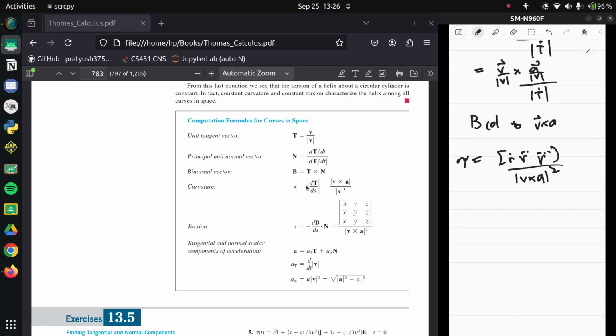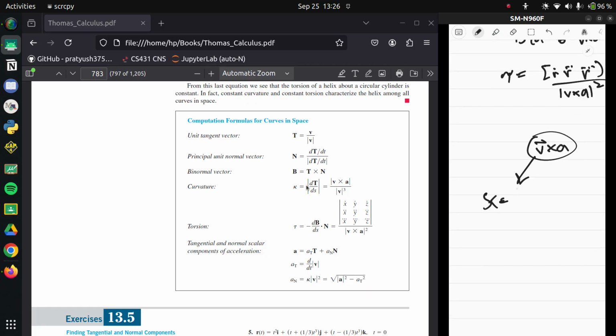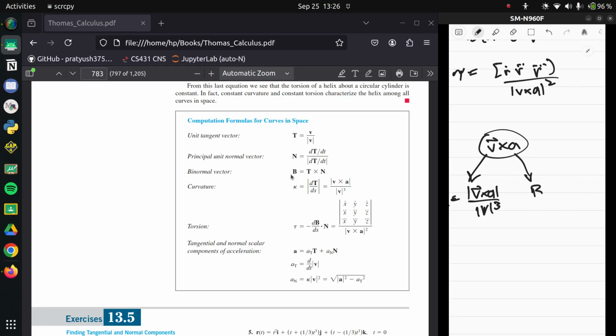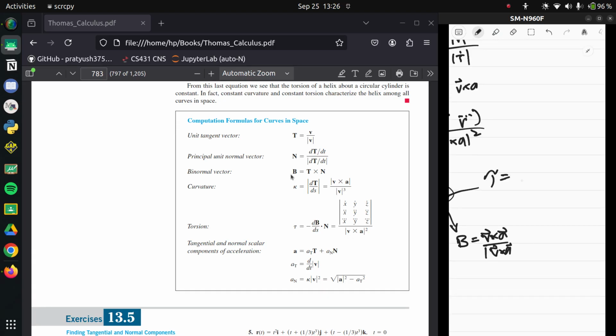So once you have V cross A, you compute it. From that you can get kappa. Kappa is just the magnitude of V cross A upon magnitude of V cubed. You can get B. B is just V cross A upon magnitude of V cross A. You can also get tau. So tau is just this stuff. It's V, acceleration, and then acceleration dotted. All of that upon,